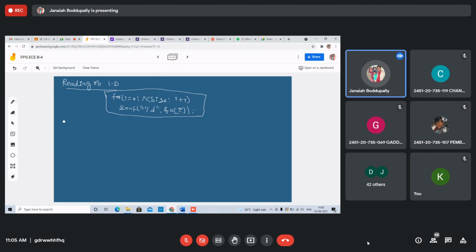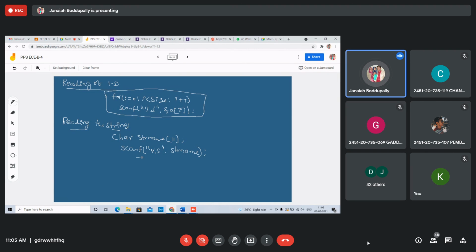Now, reading of strings. Very simple. First declare: char, string name is str name, I am taking the size as 10 or 11, whatever. Now scanf with %s.